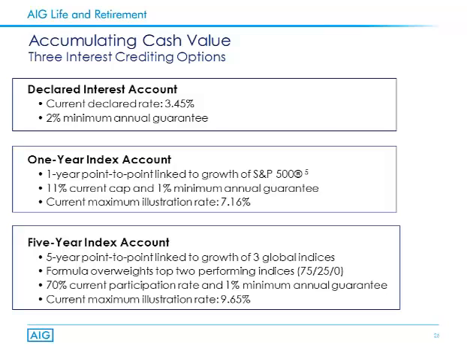So we've got these 3 global indices, and what we do is we wait 5 years, which is why it's a 5-year point-to-point. Wait 5 years and then see how the performance of those 3 indices was over that 5-year period. So the client has to have the willingness, the patience to wait 5 years before we're going to credit the policy. And if they are willing to wait the 5 years, then they get the benefit of this strategy,